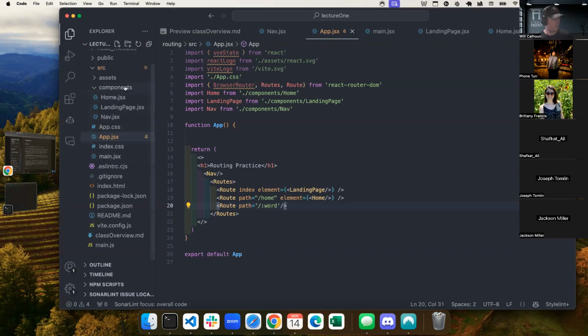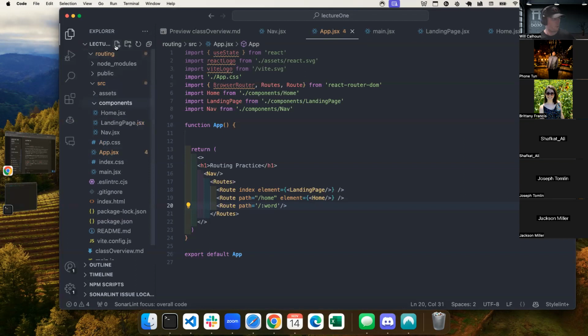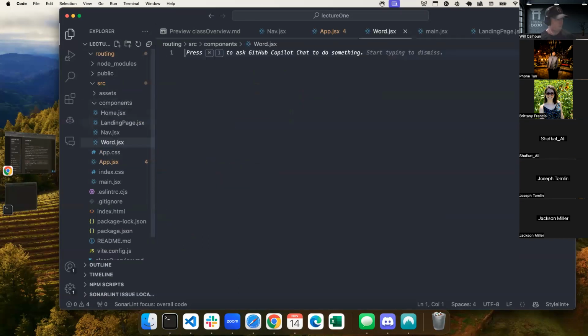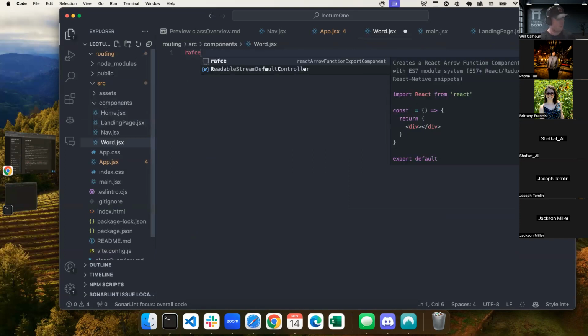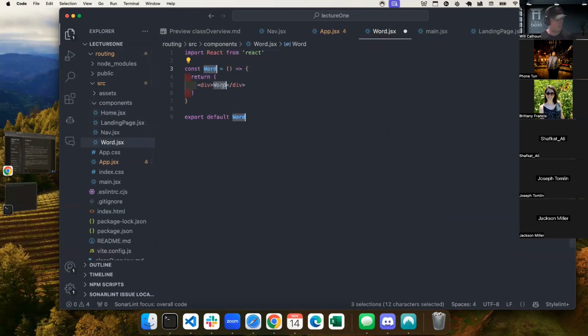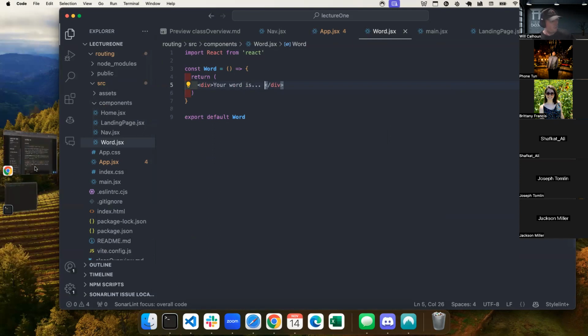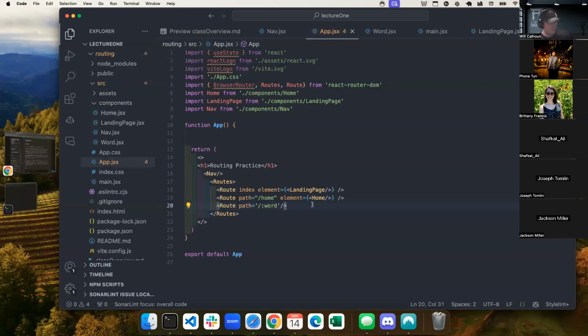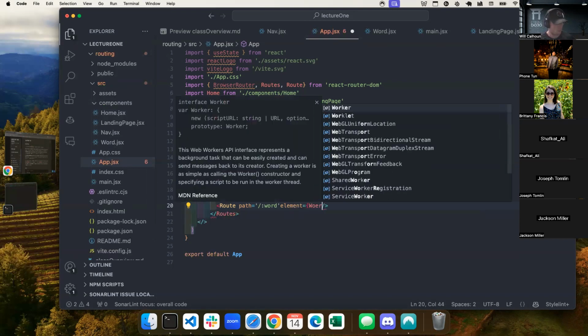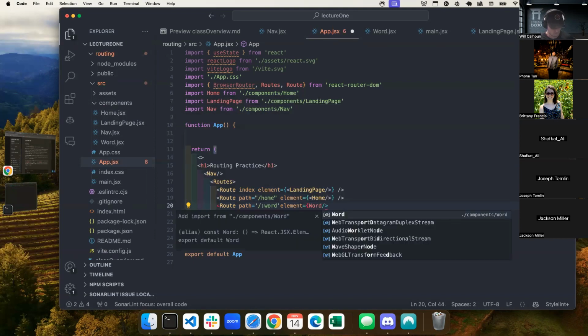And so let's go ahead in my components and create a word JSX. And then I'm going to type RFCE and I just type, your word is cool. So if I go back to my app and I say that my element equals my word. Oh goodness.